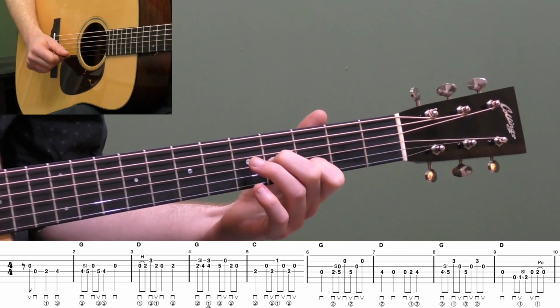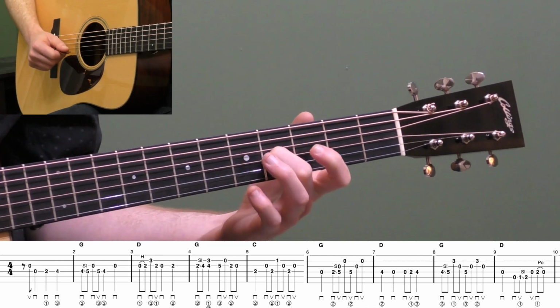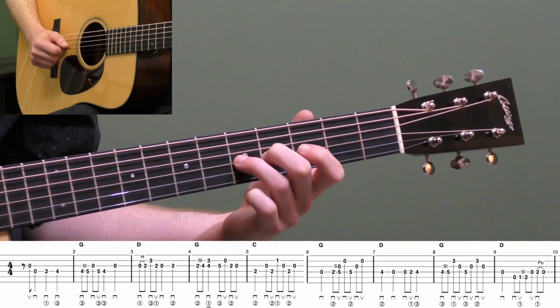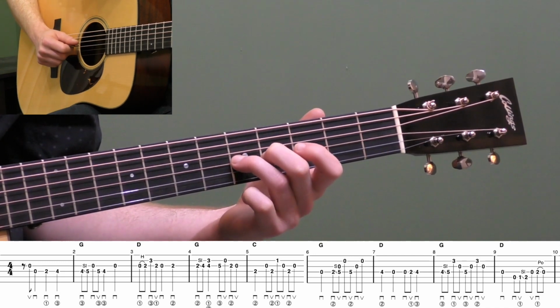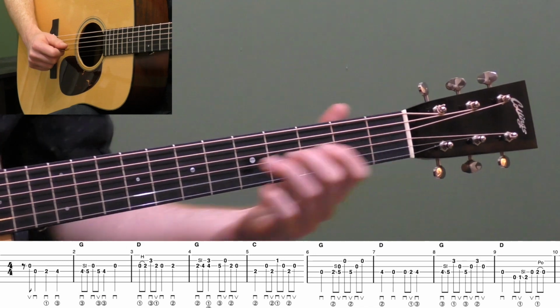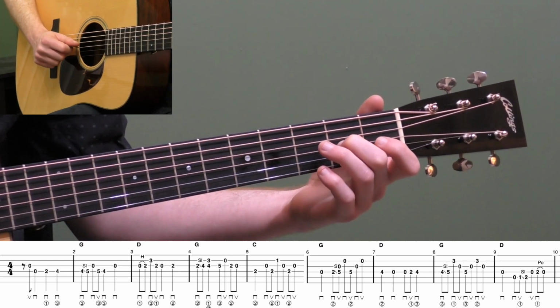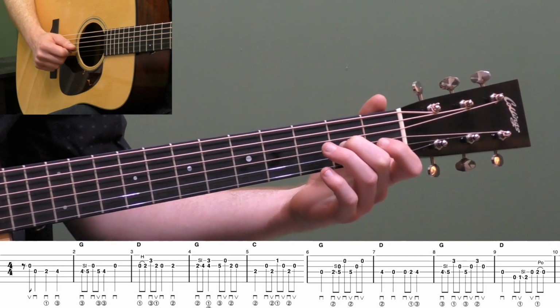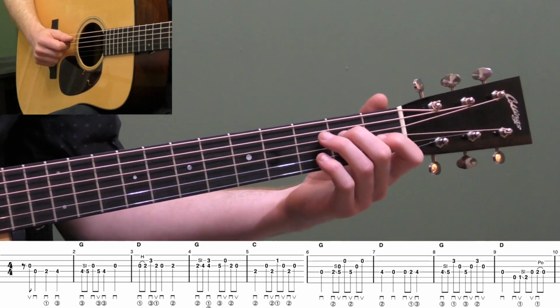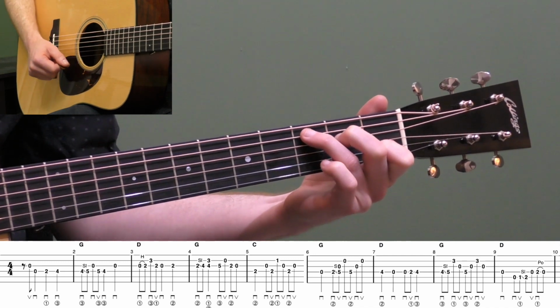And then right here, we're going to play a little picking lick. Take your 1st finger off for a second, put your 3rd finger on the 5th fret of the 3rd string, play that note with a downstroke, open 2nd string, and that's going to give you time to move your hand back down to the 2nd fret of the 3rd string with your 2nd finger, and then open 3rd string. And then we're going to land on the 2nd fret of the 4th string in our C chord. So we have,